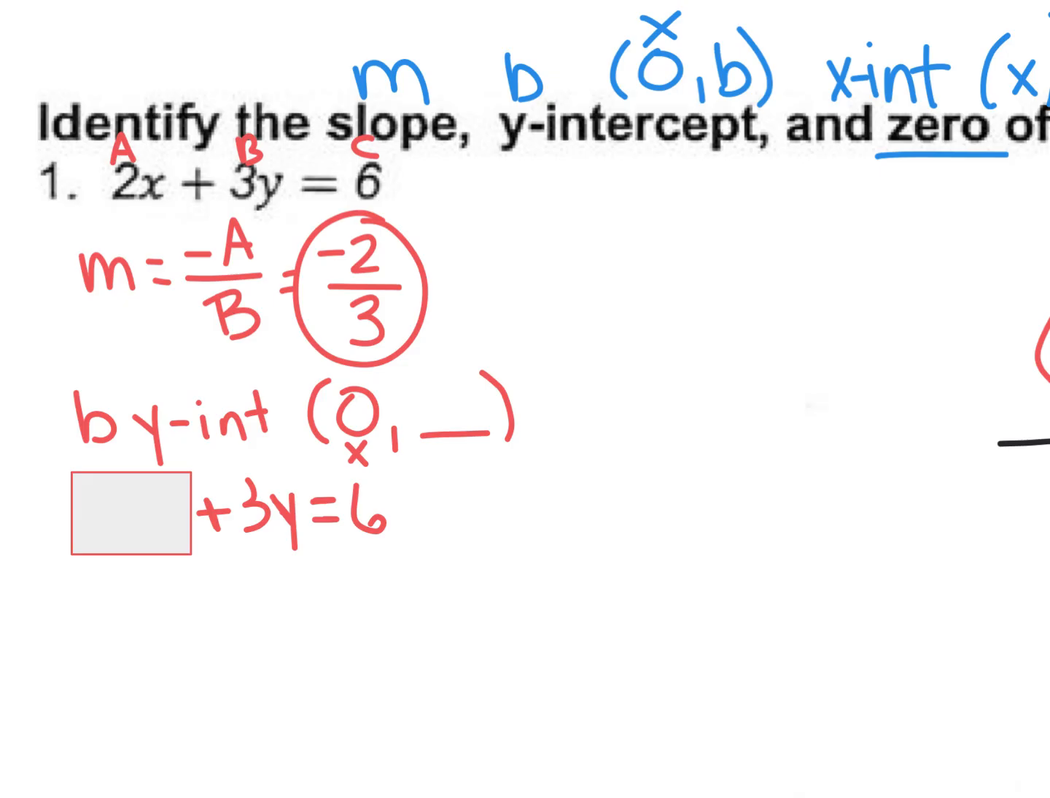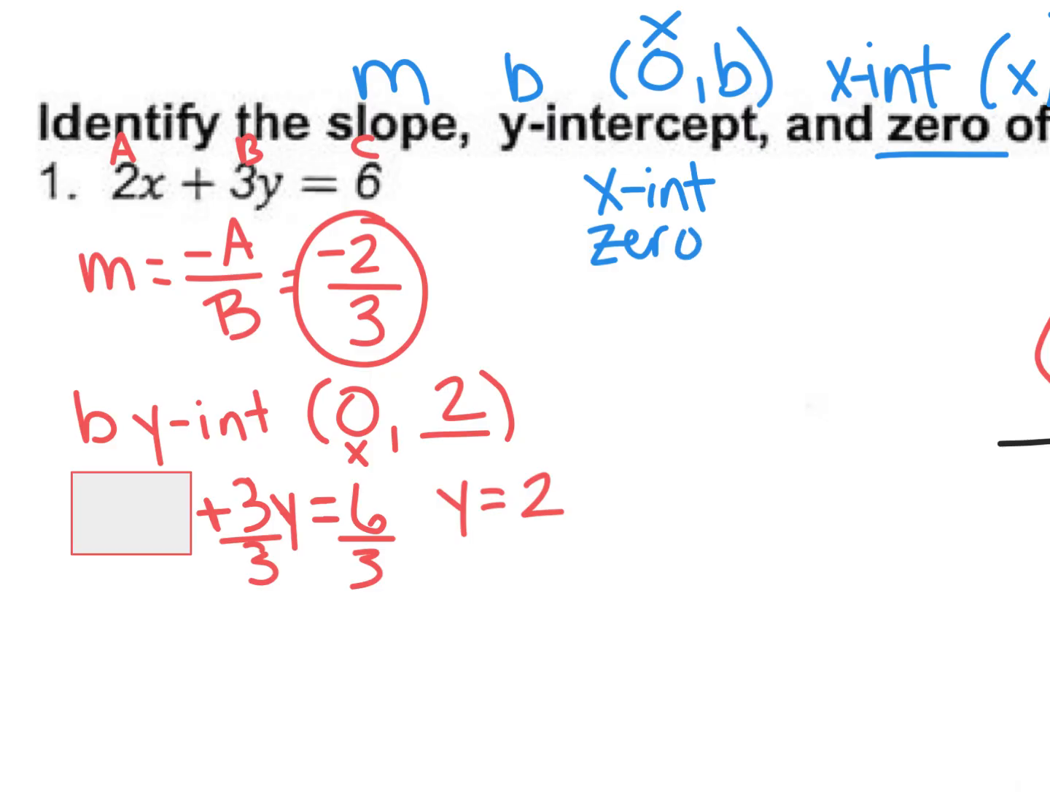What do I do for 3y equals 6? How do I solve that? We're going to divide by 3. What's y? Y is 2. So my y-intercept is 2. For the x-intercept, I'm going to write that one up here. What's another word for x-intercept? Zero. Very good. So now we're going to write (space, 0), where our y is 0. So if I'm going to plug in 0 for y,